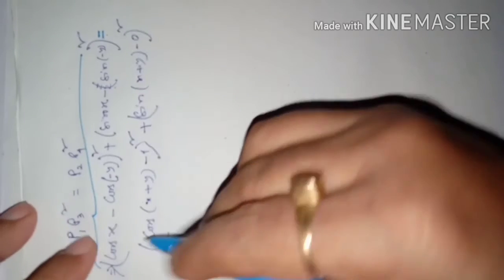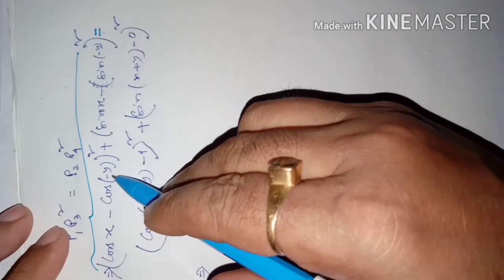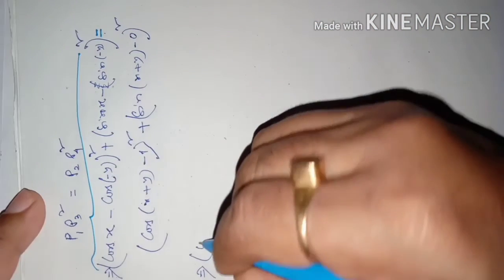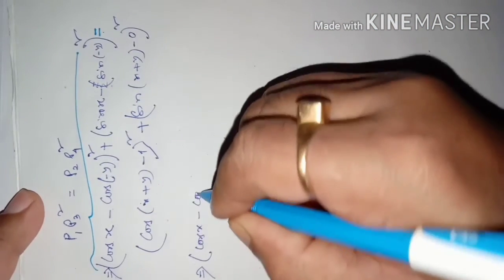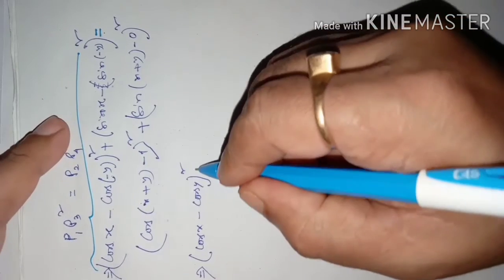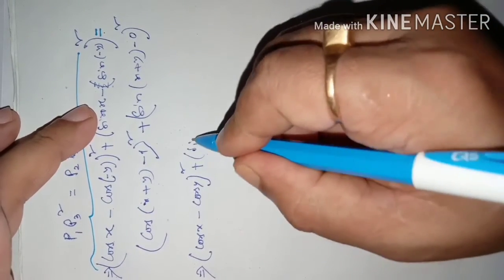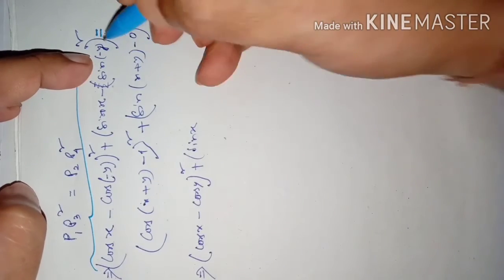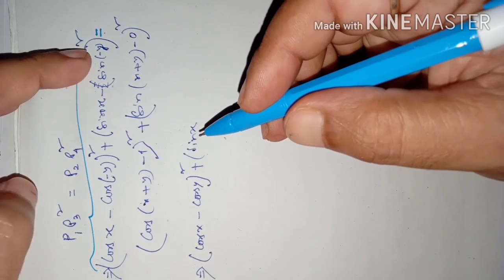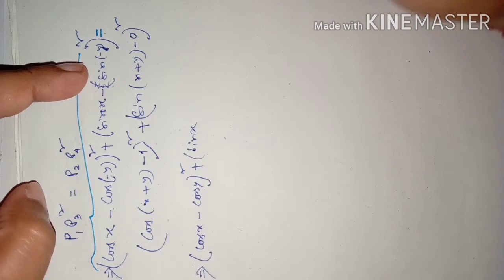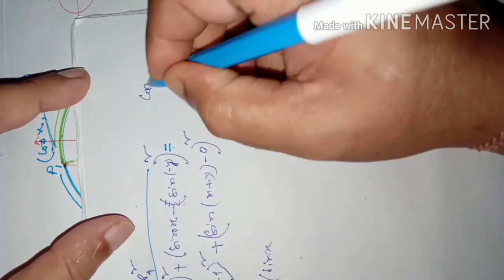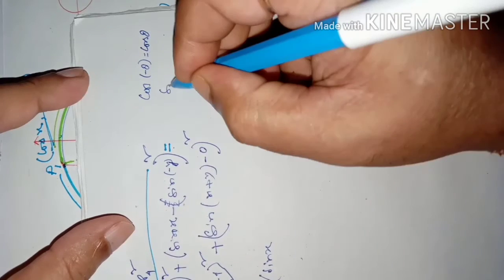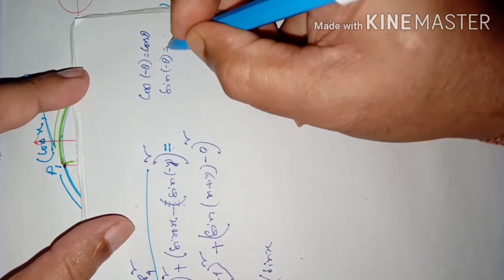Dear students, cos of x, and this is minus cos of minus theta. You recall cos of minus theta is cos theta only, so we can write it as cos x minus cos y whole square plus sin x, then sine of minus y, sine of minus y you got minus sin y, meaning sine of minus theta is minus sin theta. Recall, dear students, this expression: cos of minus theta is equal to cos theta, rough work, okay, and sine of minus theta is equal to minus sin theta.